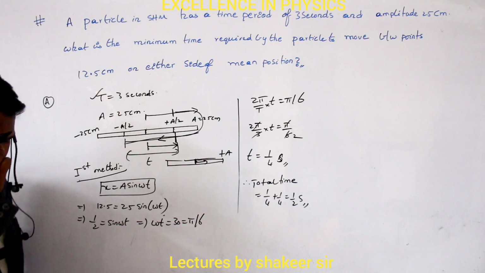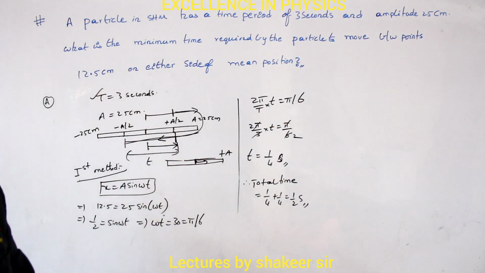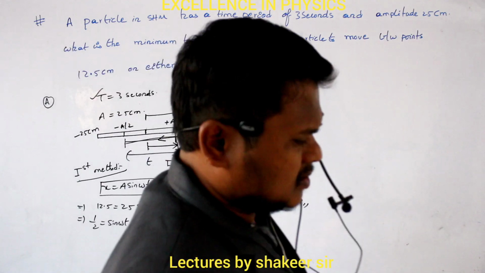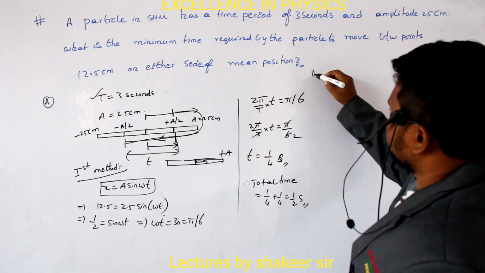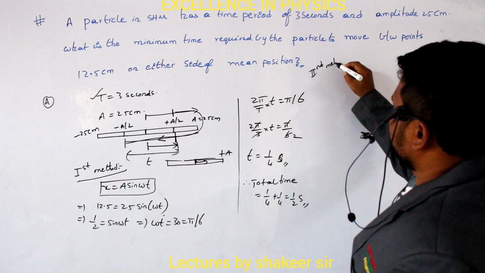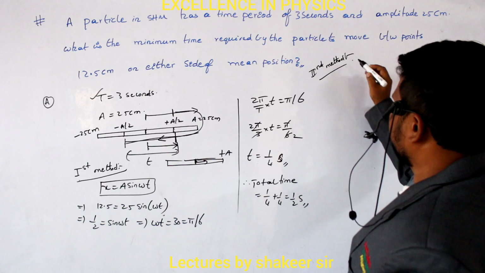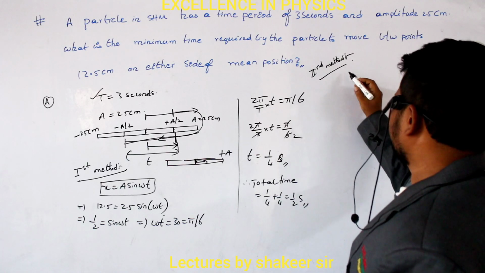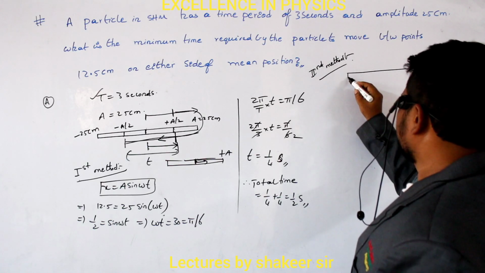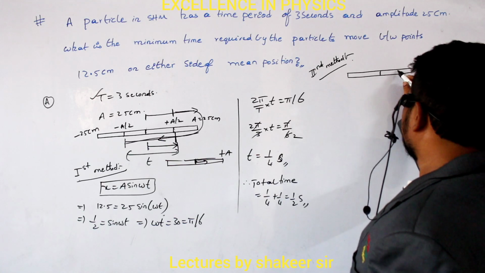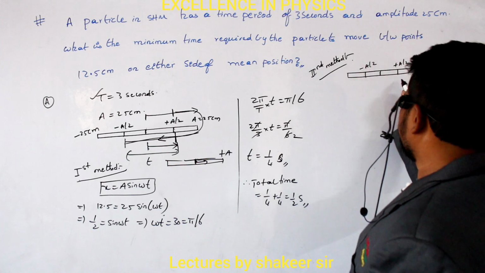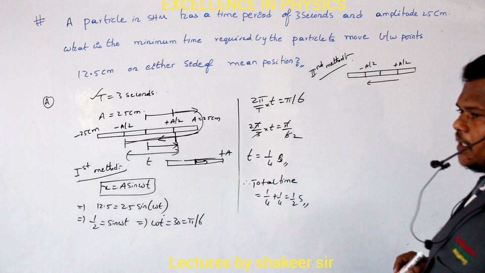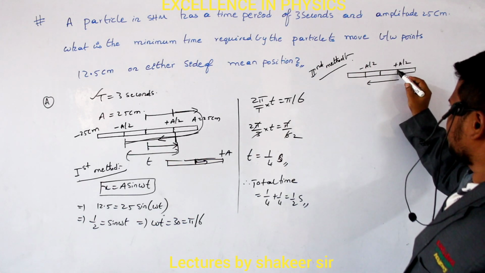Clear? And let us see how we can do the calculation by using the circular method. By comparing a system with circular motion, very easily we can do the calculation. So this is the second method of doing the calculation. Are you able to understand? So let us see from where to where we are studying the motion. We are studying the motion from plus a by 2 to minus a by 2, from here to here. This motion we are studying. Clear? So directly we cannot take this motion.